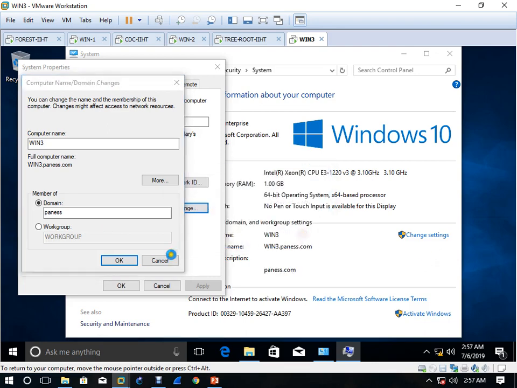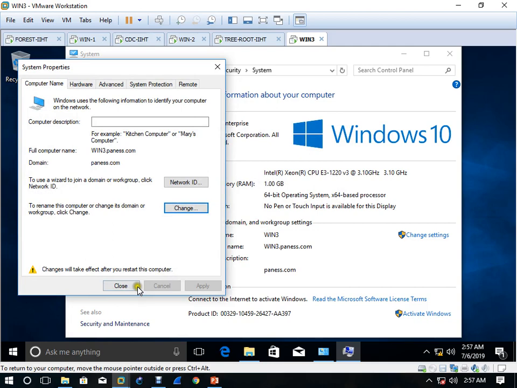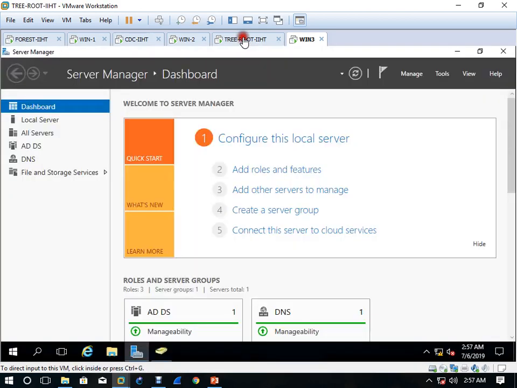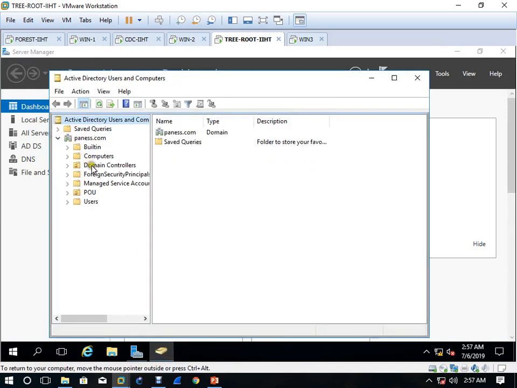Welcome to Panis domain, click OK, OK, and click close, and this system will restart. Now come here, open your Active Directory, come here to your computers, and see this is the client of this